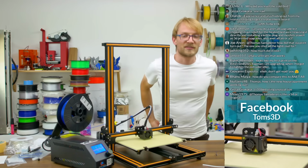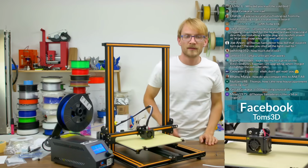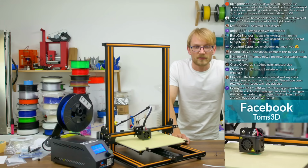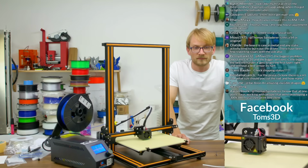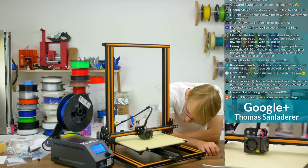Yeah, okay, just. Is this S4 or original? What? CR-10 bed using unusual size. Okay. So,